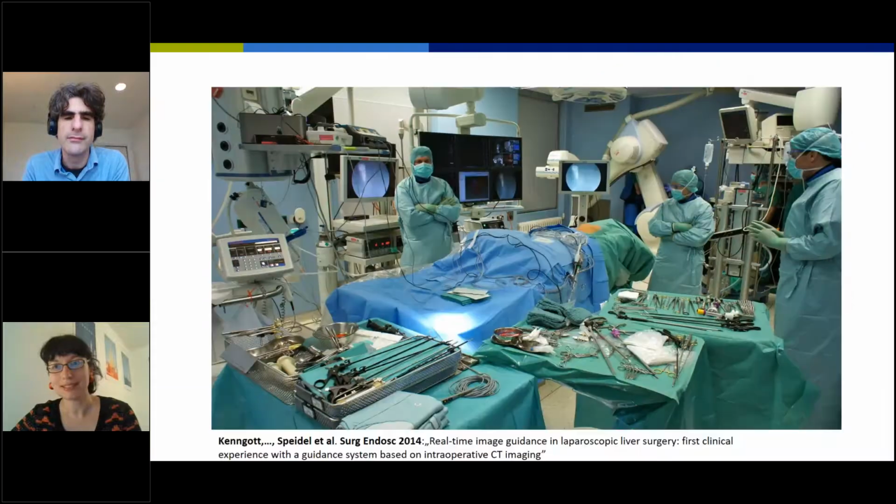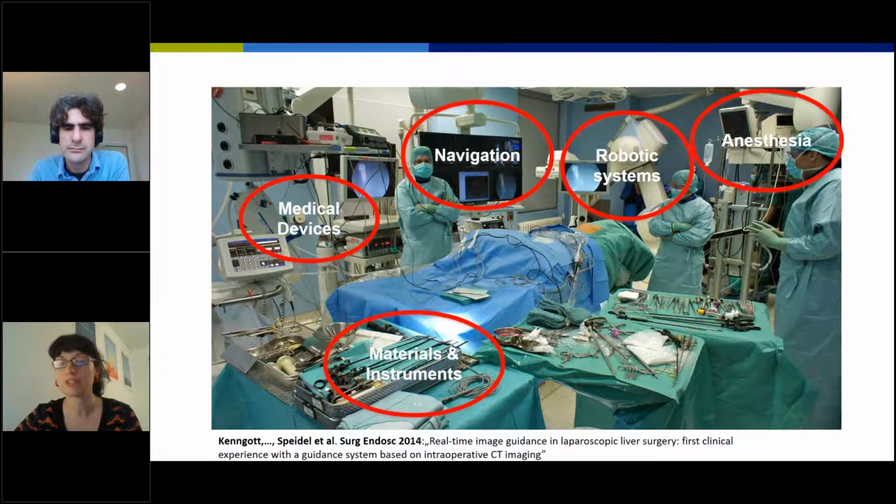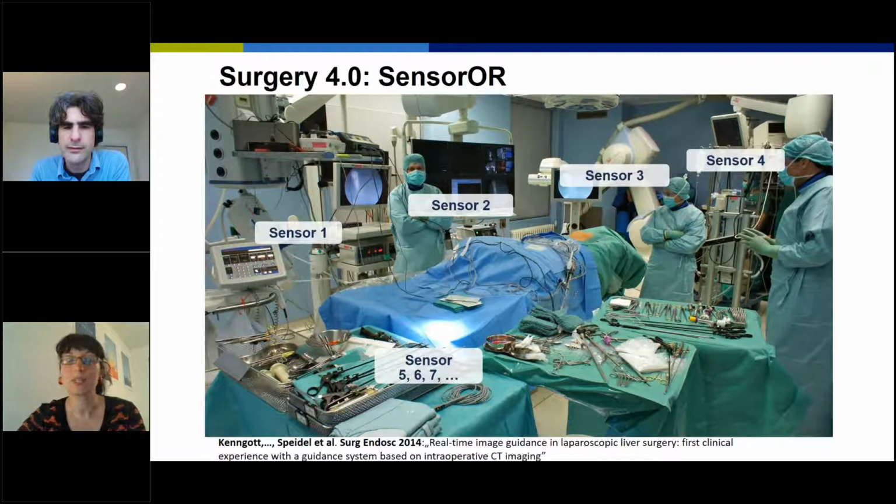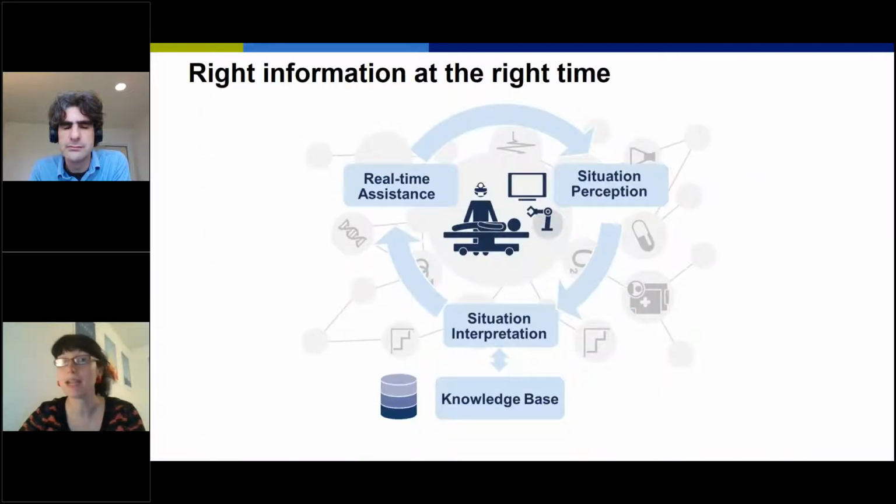Here you can see a modern operating theater, which involves a lot of different medical devices, materials and instruments. We have robotic systems or navigation systems, anesthesia data. And our vision is that we don't have these single devices anymore, but a sensor-connected environment where we can analyze the data in real time and provide the right assistance at the right time.